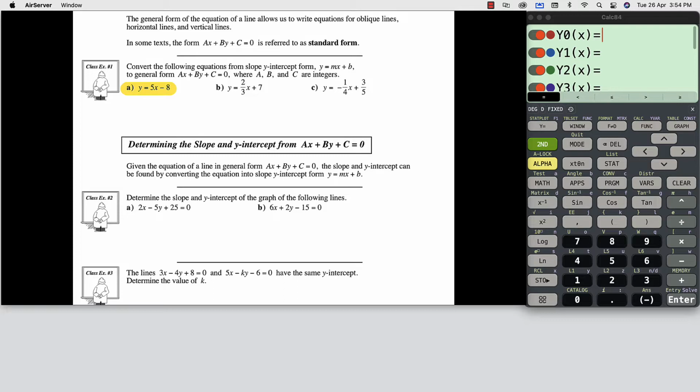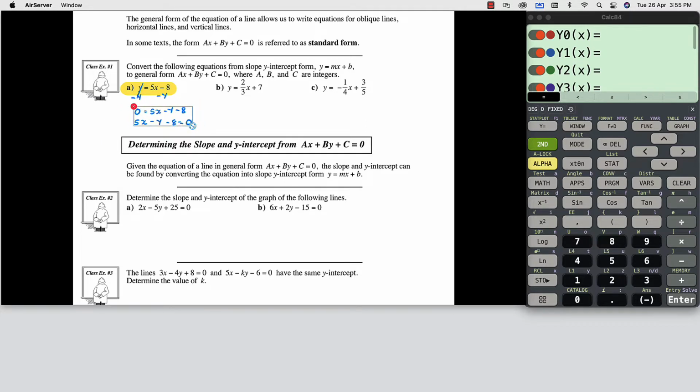So in this case, I know that the x is positive right here, so I'm going to move the y over by subtracting y from both sides. That cancels this side, leaving us with 0 on this side equals 5x minus y minus 8. Now we can leave it in that form right there, or rearrange it: 5x minus y minus 8 equals 0. Okay, now the next one